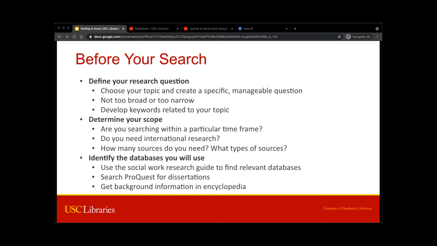Using the information that you already have, so what you've determined from your research question, the keywords that you've developed, your scope, and also your assignment instructions, then select your databases. Use the Social Work Research Guide to find relevant databases. You can also get background information by looking in encyclopedias. If your topic is related to mental and behavioral health, for example, maybe you want to select the database PsycInfo, which covers these areas. As you've seen in a previous demonstration, looking at the list of databases on the library's website,